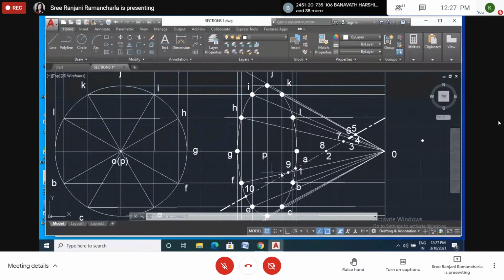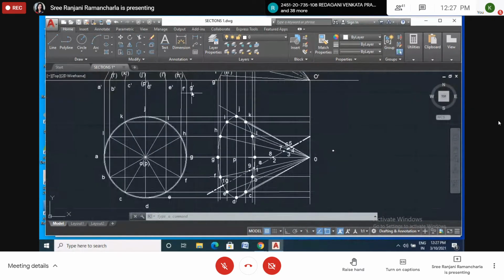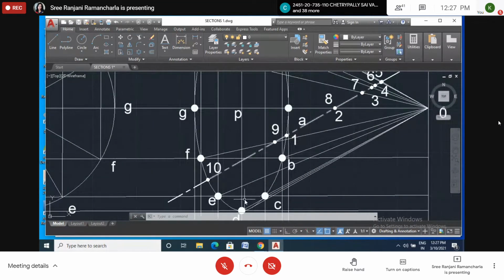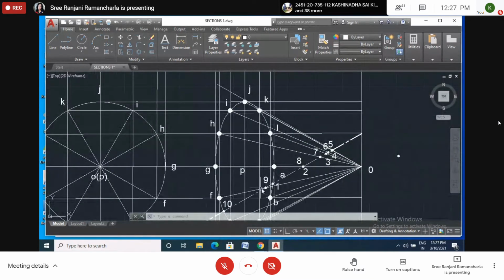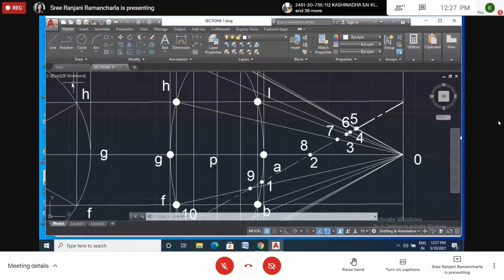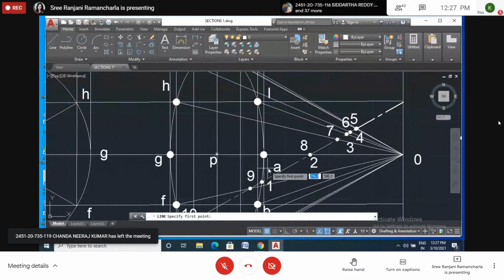Here, point 1 is between GF. From this point, we have to project here. Now we have to measure this one, where this point is, and provide it here. Or else you can do it directly also. For a few cases we'll face this type of problem, but in a few cases you can provide directly. So where is point 1? Point 1 is between AB.